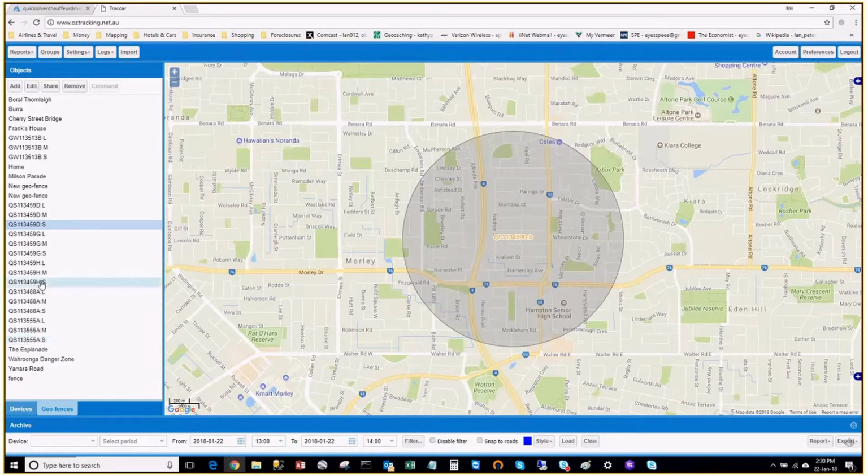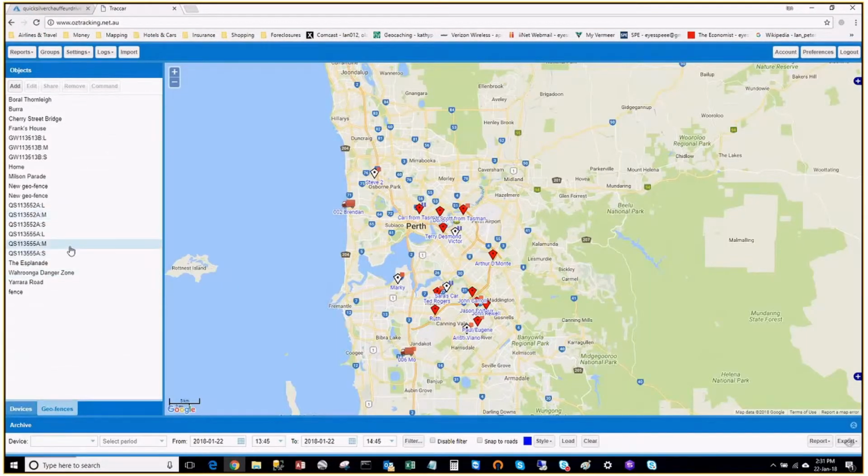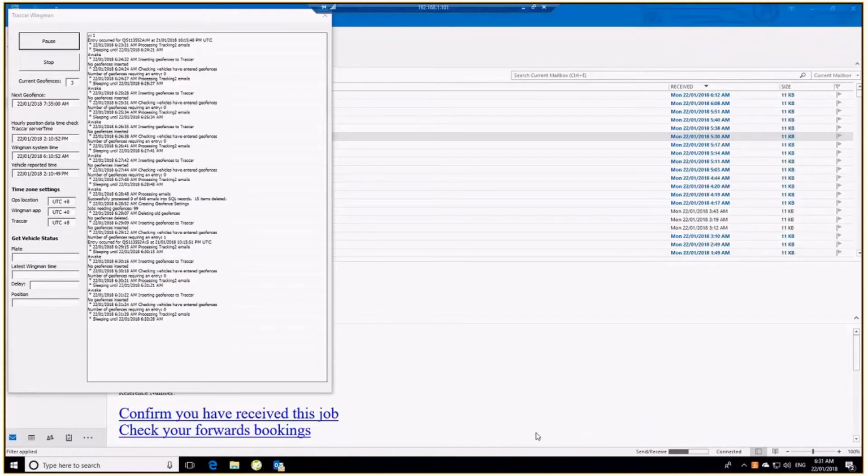In this case we have about 15 geofences set up right now. There's quite a few jobs going on at one time. But as those jobs occur, they get taken out of the system and removed so that this list is constantly being updated with only the geofences for jobs which are active right now. So I'm actually going to refresh this tracking application, and the list of geofences has dropped down because several of those ones I was looking at are now past jobs. So the application, switching back over to that, it's constantly running, constantly inserting these geofences, notifying Mark, the administrator,